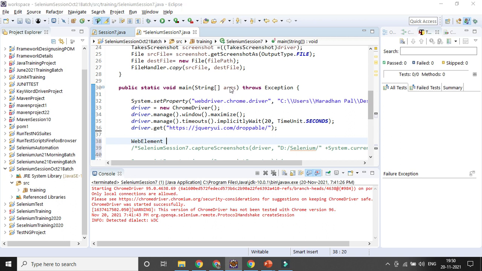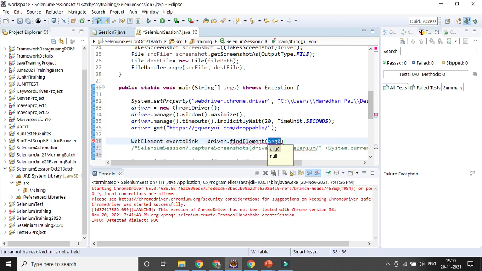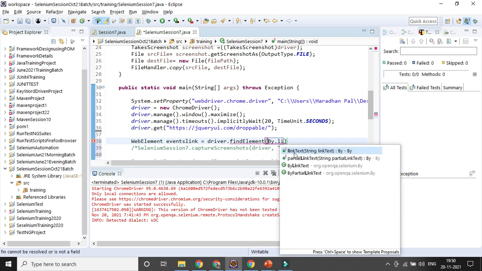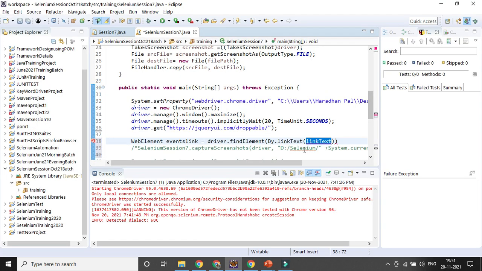Which is nothing but the events link, that is the reference here, equal to driver dot find element by dot link text. So what is the text name here? That is the text name here, because it is a hyperlink.